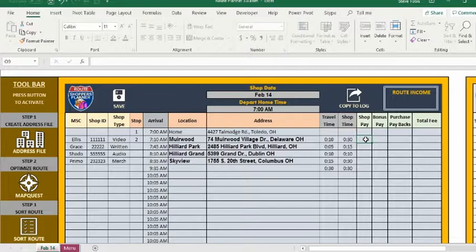Okay, now let's go ahead here, and normally I would have done this in order, but I'm trying to do it quickly. What you do is, well, obviously after you enter the location information, you probably want to go through here at the same time, type in what the shop pay is. Are they paying a bonus? If you notice, it's totaling it here for you. Go to the next one. Let's say it's 60. I'm giving you a $20 bonus. Let's say this one is 35, and there is no bonus, but it's got a $15.50